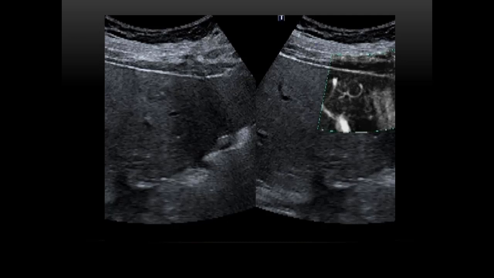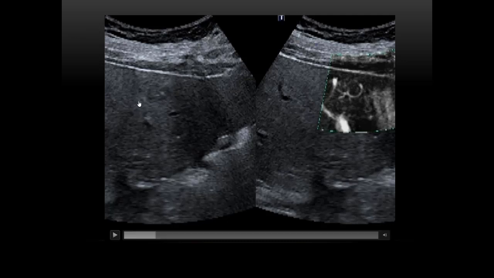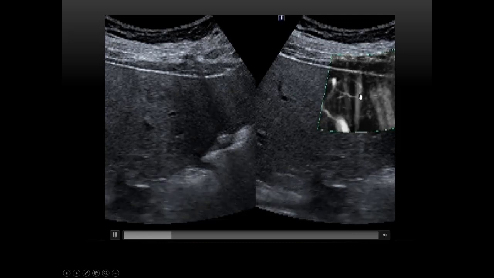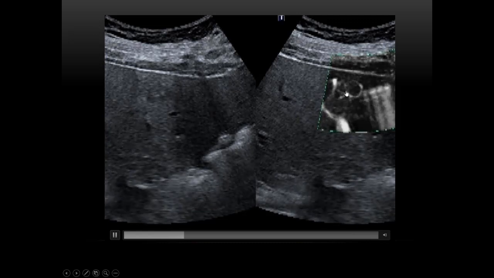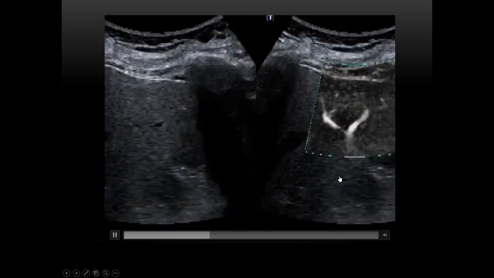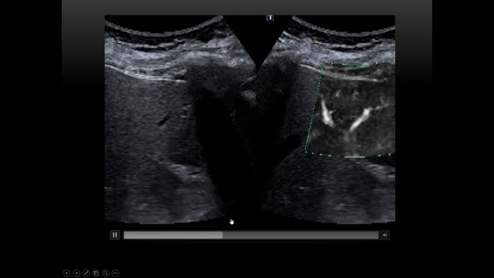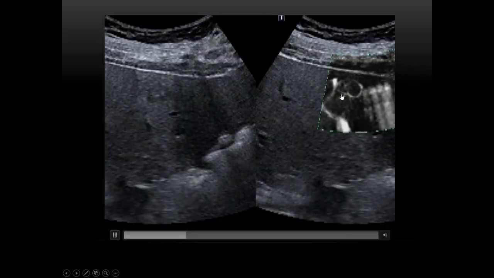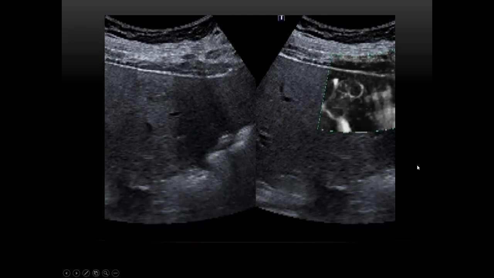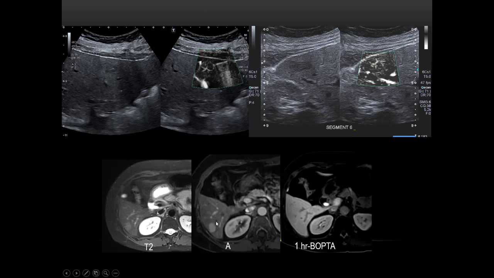Let's move to the other case. The other case is also a hypoechoic nodule inside a background of fatty liver. So we use SMI. We see the pattern of rim enhancement with a central scar, a spoke-wheel pattern like this. This is more favorable for focal nodular hyperplasia. This one has a star-like central vascularity like this. So in this case, the report is quite typical for focal nodular hyperplasia, and this was confirmed with the